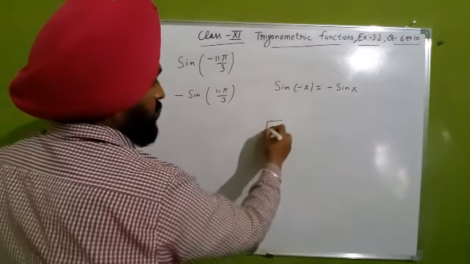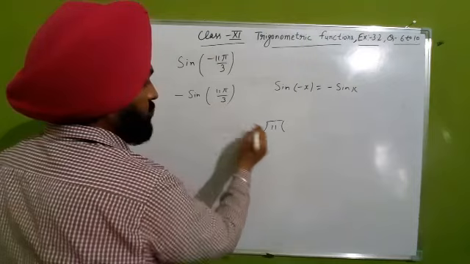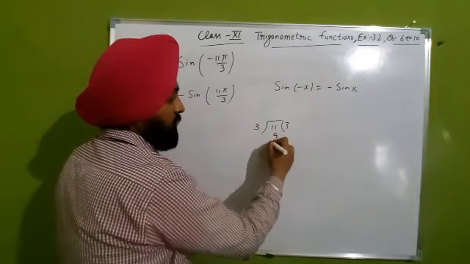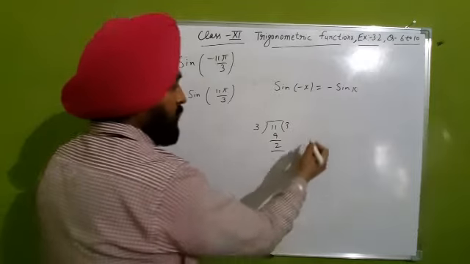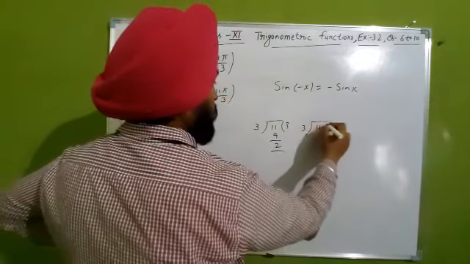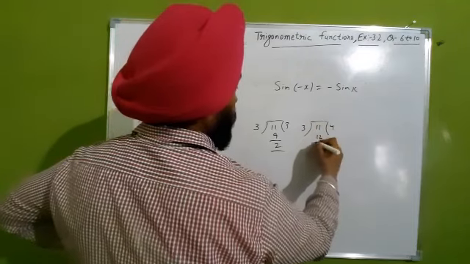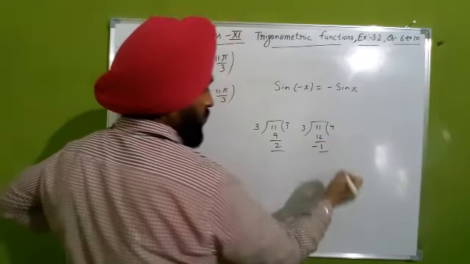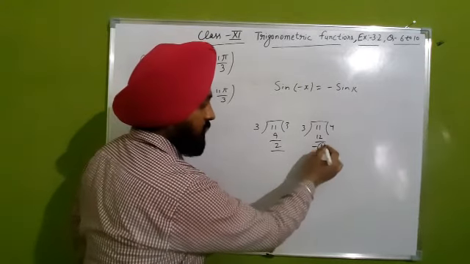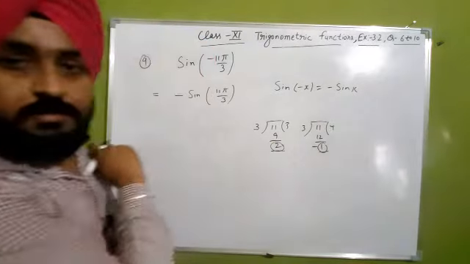Now you can check the division of 11 by 3 there. Yes, 3 times 3 is 9, so 2 is the remainder. Now you can check for the next number also. 3 times 4 is 12, so negative 1 is the remainder. Now ignore this negative sign. Which remainder is smaller? Which remainder is smaller?